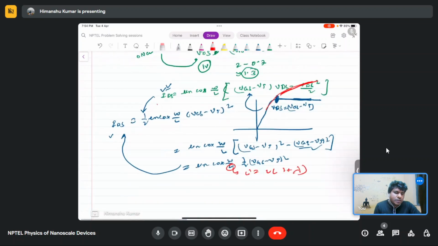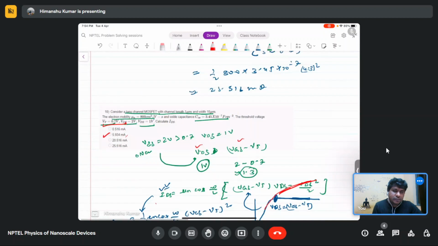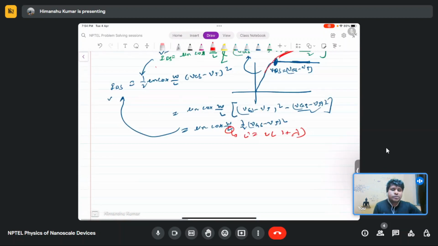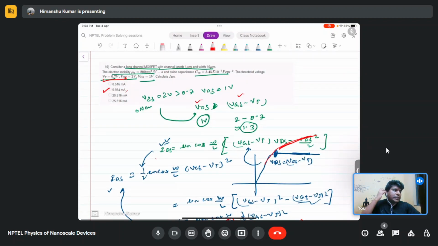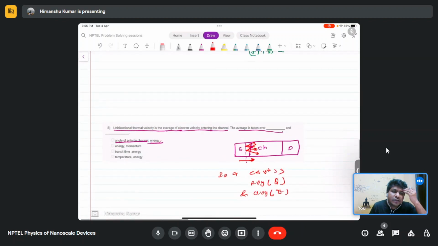Okay. So yeah, this was from my side. This was the last problem, I think. If you have any other doubt, then I can wait for some time because we have a lot of time remaining. If you have any other doubt related to the previous class, any other class, or any previous assignment, you can ask, or I can wait for some time.